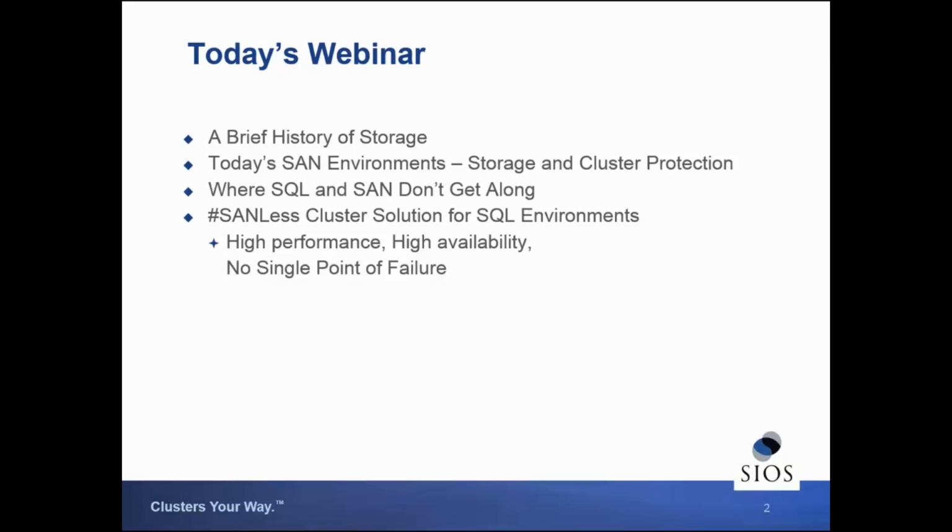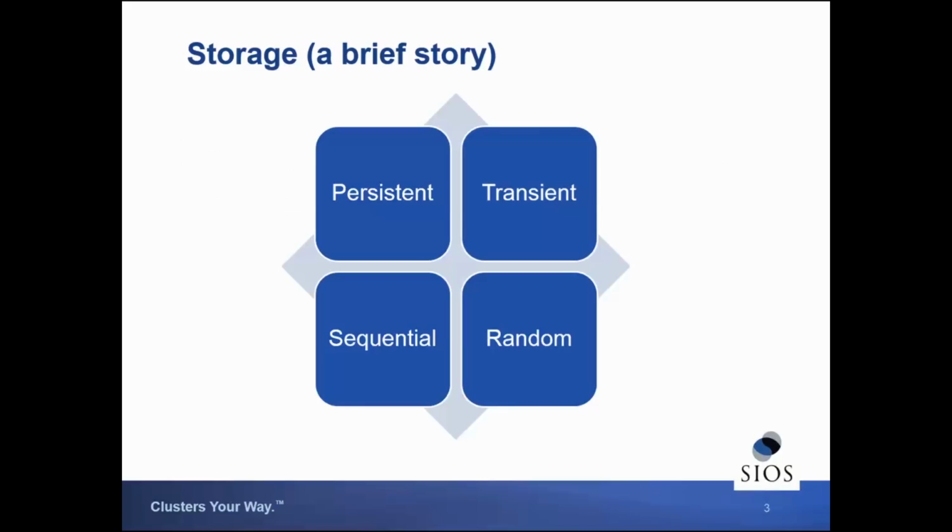Well, let's talk about how we got to where we are today. Storage really comes with two different characteristics. Either it's persistent or it's transient. It's either sequential or random. And storage is simply the data that data processing processes. Ever since we've had some type of computing device, it's had to be able to take input and record answers. We started off with things like punch cards and tape, paper, magnetic. These were examples of persistent sequential storage. Eventually we got to random storage, core storage, drum storage, disk storage, and now we have flash.